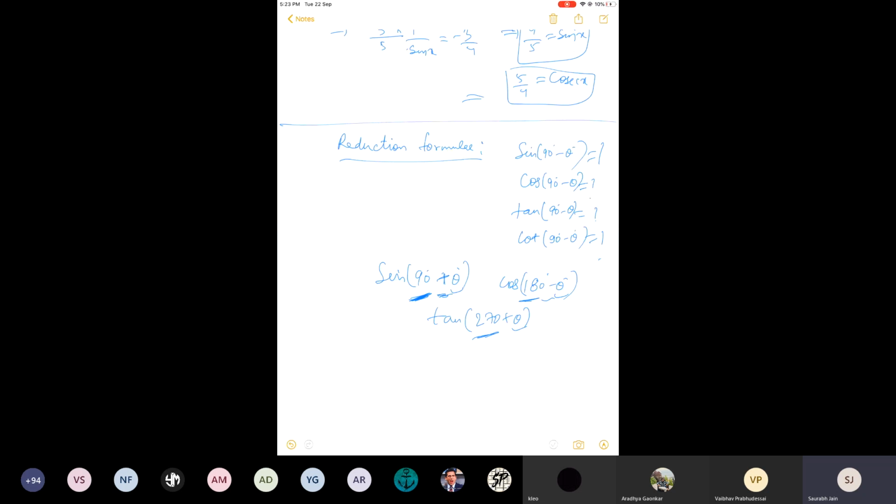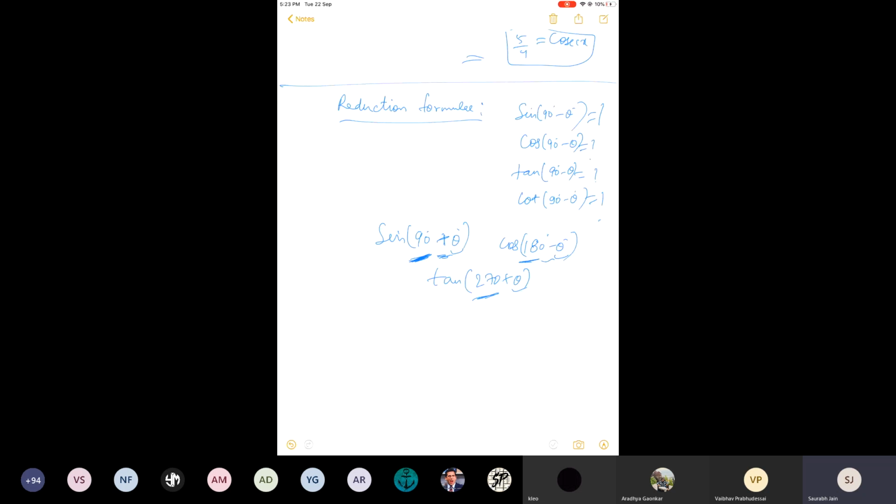Okay. So all these standard angles that you are going to study, you can split them in this form. Like for example, 120 degree. 120 degree can be written as 90 plus 30. At the same time, you can write it as 180 minus 60. That will depend on your choice. Similarly, 150 degree. 150 is 90 plus 60. At the same time, it is 180 minus 30. So either there will be plus or minus some angle, but before that, there will be multiple of 90. I hope you are getting it.